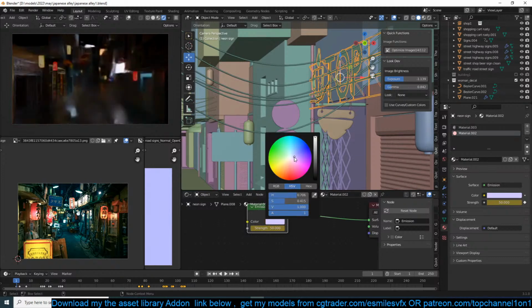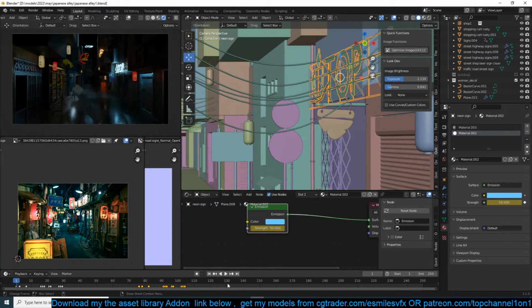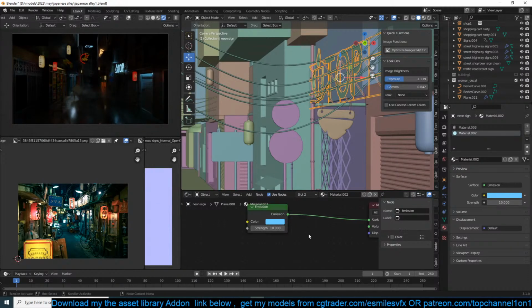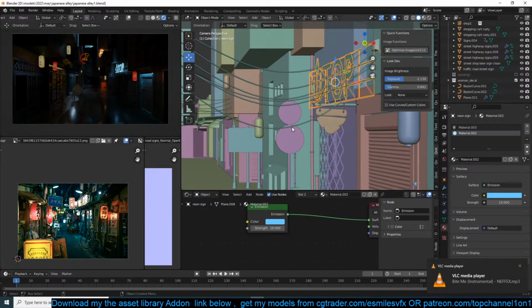So maybe I'm going to remove these keyframes.